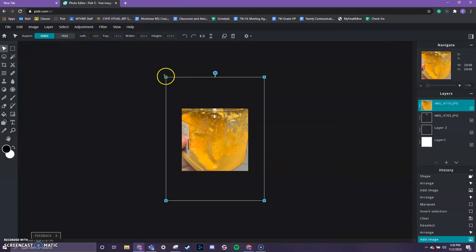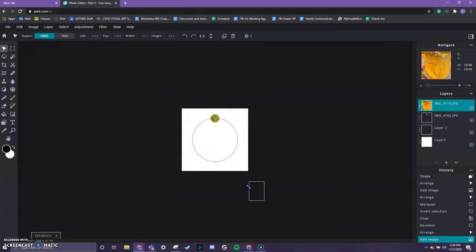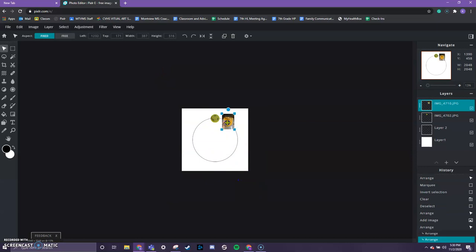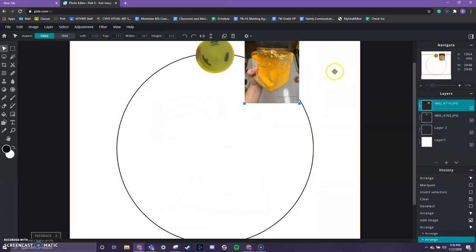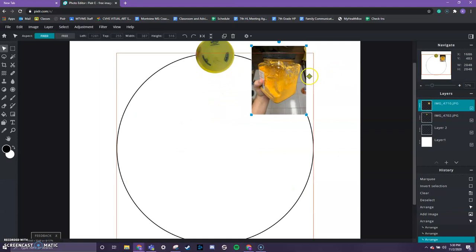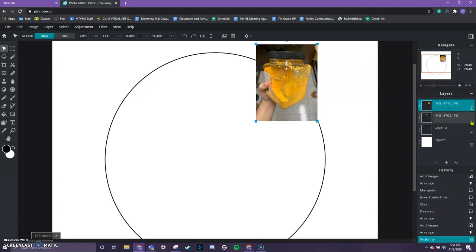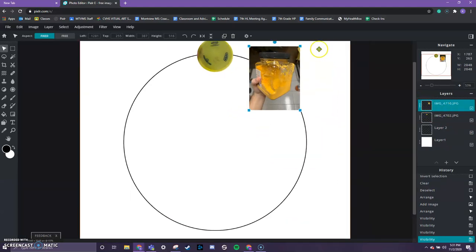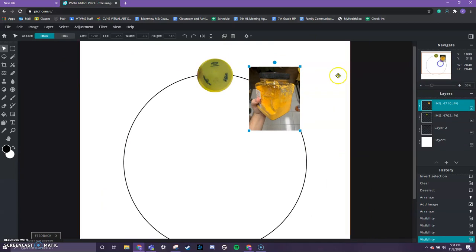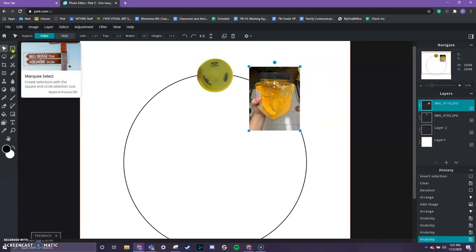And again, the picture is going to come in super huge depending on what quality photograph you used. I'll arrange it roughly where I think I want it to be, but of course we can move it if we need to. And again, note, it's always coming in its own brand new layer. I can turn off the layer with the yellow one I just put in, I can turn off the circle layer if I want, but this new layer of the yellow-orange color is, you want to make sure it's selected when doing the next step, which, as I said, is going to be using the marquee select,